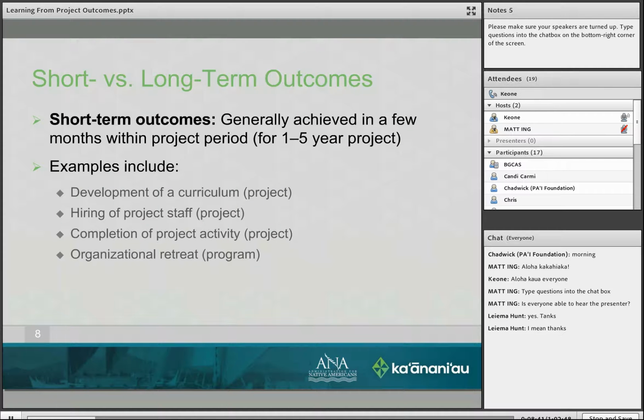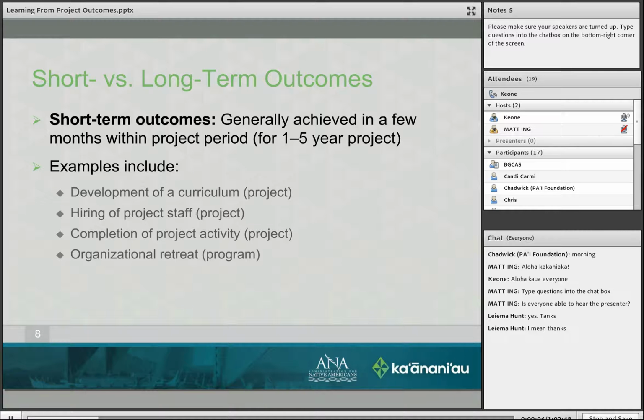Okay, what's the difference between long and short term outcomes? And we're going to look at these. A short term outcome is generally achieved in a few months within a project period for a 1 to 5 year project. And so that's typical for short term outcomes. Examples include the development of a curriculum, and this is a project outcome.